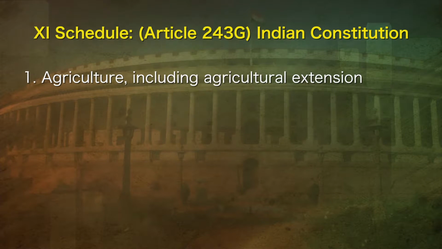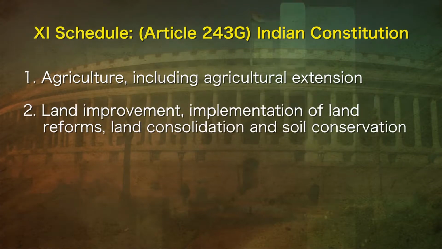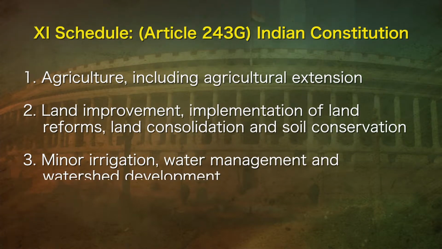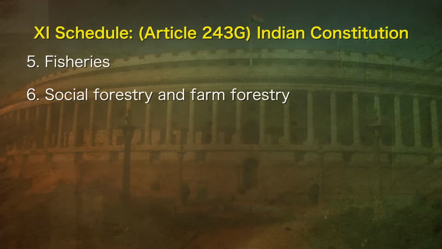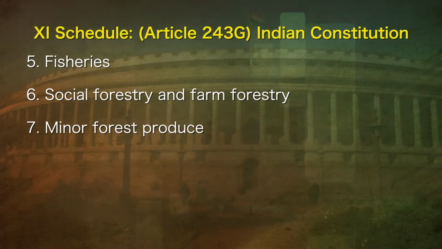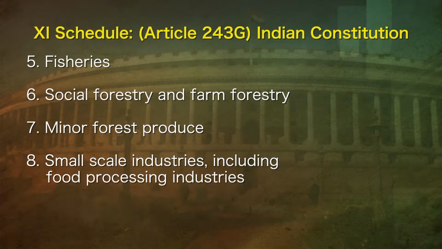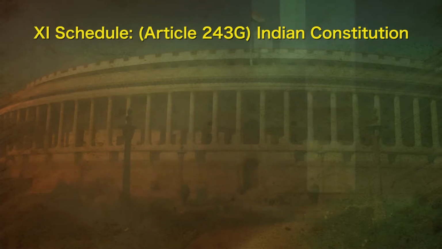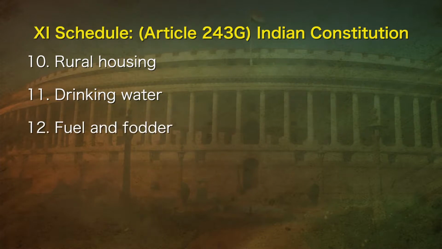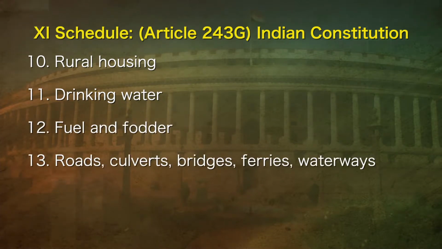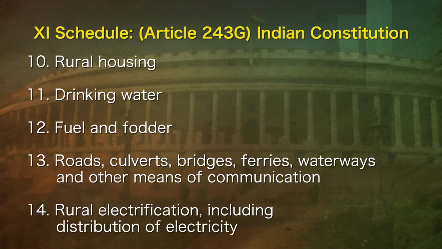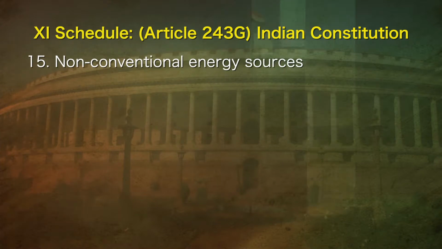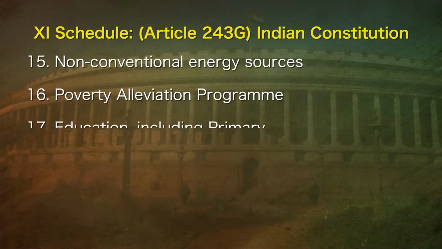Agriculture including agricultural extension, land improvement, implementation of land reforms, land consolidation and soil conservation, minor irrigation, water management and watershed development, animal husbandry, dairying and poultry, fisheries, social forestry and farm forestry, minor forest produce, small-scale industries including food processing industries, khadi, village and cottage industries, rural housing, drinking water, fuel and fodder, roads, culverts, bridges, ferries, waterways and other means of communication, rural electrification including distribution of electricity, non-conventional energy sources, poverty alleviation program, education including primary and